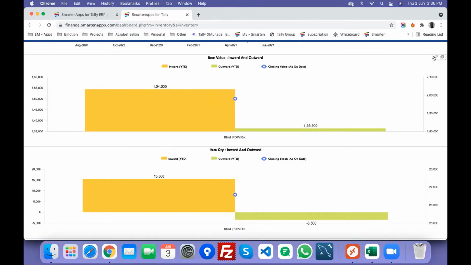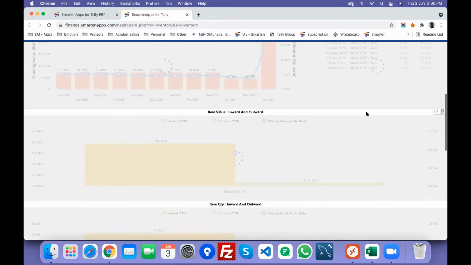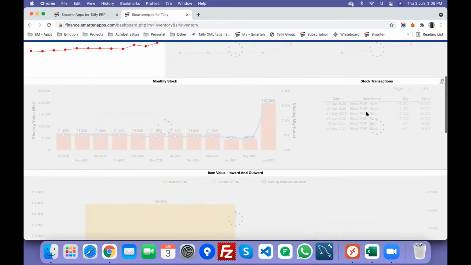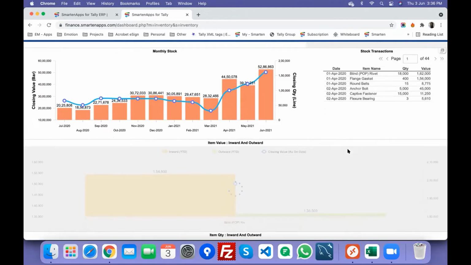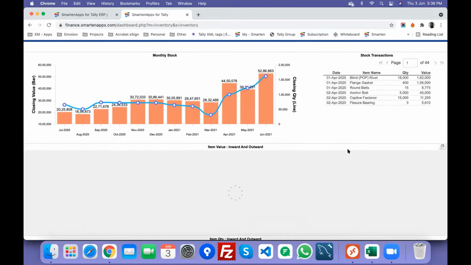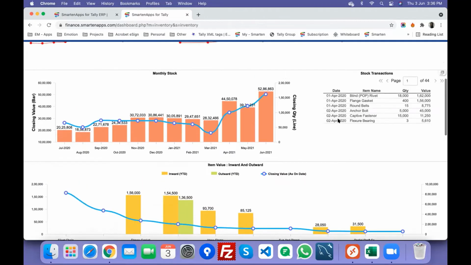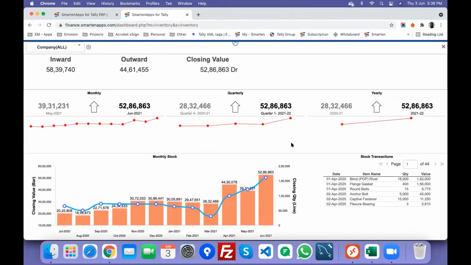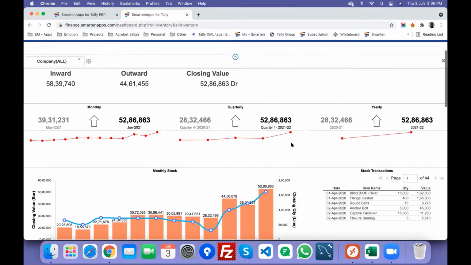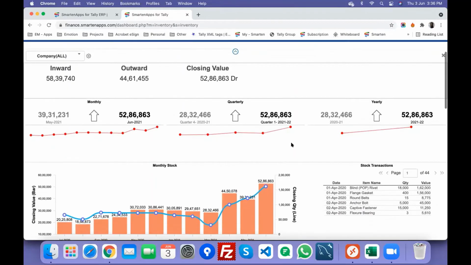If you go above, you can even see the monthly trend of that item as well. That filter is reset, but I hope you got the idea. Or say, for example, I want to look at the May 2021 scenario. Yeah, that context can be given. That's not a problem. Or you want to look at the godown-wise scenario.